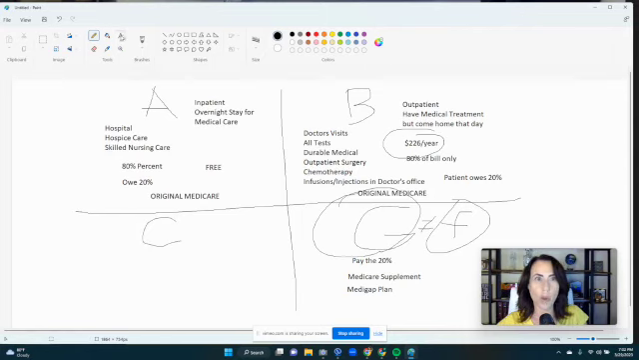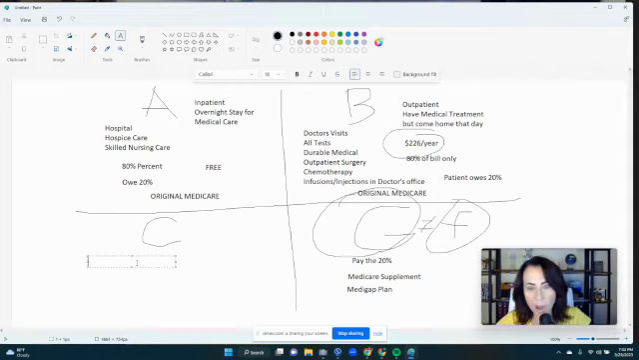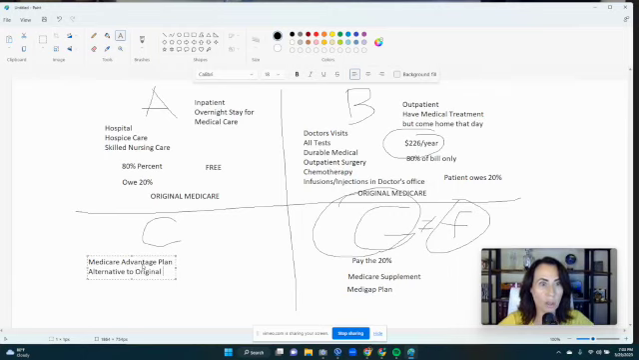Letter C. What is Part C? You've heard it on television. There are a lot of commercials about Part C. What is it exactly? We call this a Medicare. There's a lot of controversy using the word Medicare because it's not Medicare. It's a Medicare Advantage plan. What does that mean? It means it's an alternative to original. Also, we can call it traditional